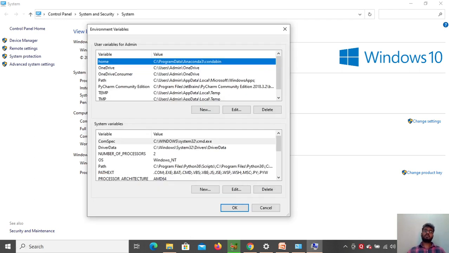Then it will take you to environment variables. Here you can see user variables for admin and system variables. You have to set the path in the system variables. As you can see, there is already a variable called path. If it is already there, you can set it up just by clicking on that path, or if it is not there, you can click on this new button, create a new variable path and set up the path. In my system there is already a path, so I will click on that